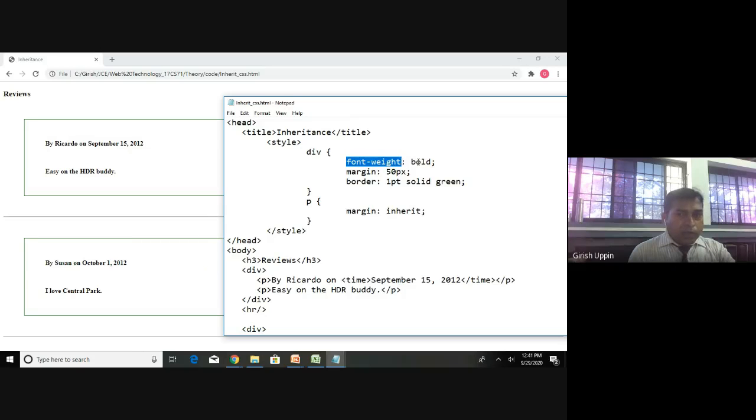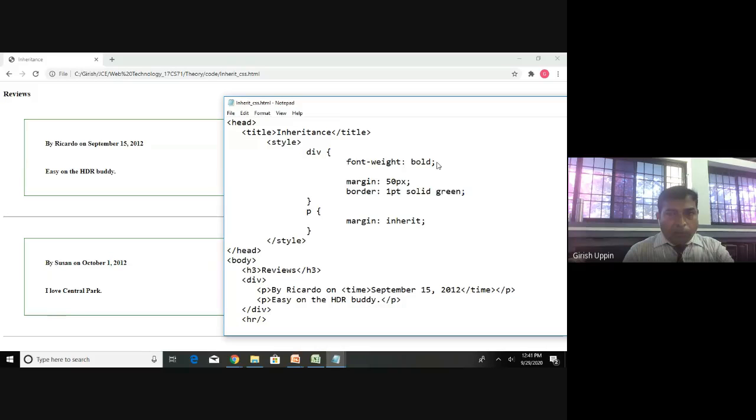Apart from font weight, I will also use font style. I will say font style colon italic. So I added one more property which will be inherited by the paragraph. Right now it is only bold.